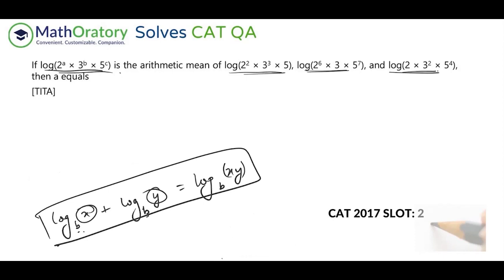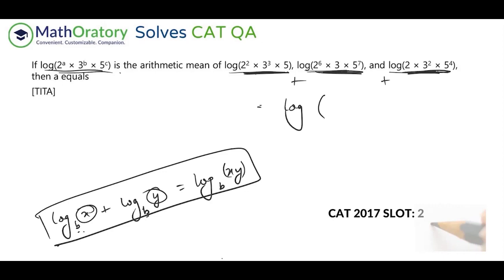So if we add these three, in order to get the arithmetic mean, that is a simple average, we need to add these things, right? So when we add these things, because the base is not mentioned, we can take any base. We have to consider that all the bases are the same. We can consider it to be 10, but then the base will not be relevant here. This entire number and this entire number will get multiplied, right? So I'm just skipping that step. I'm simply adding these three. If we add these three, what I'll get is all these multiplied.